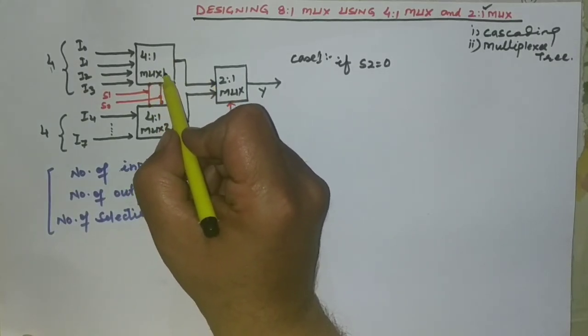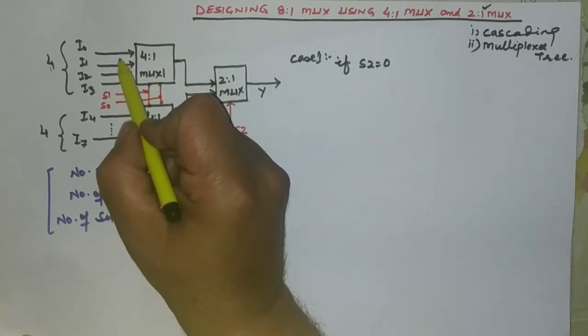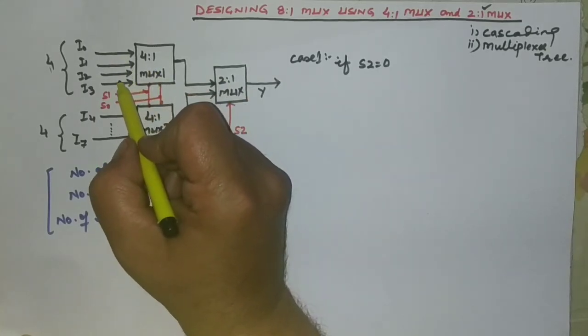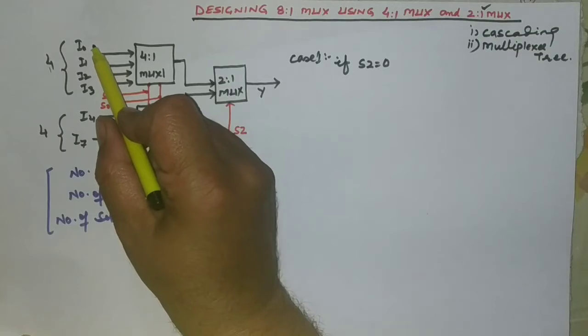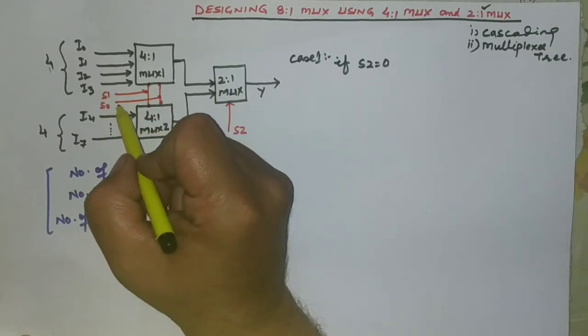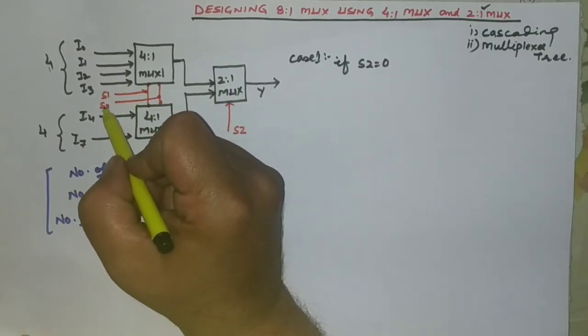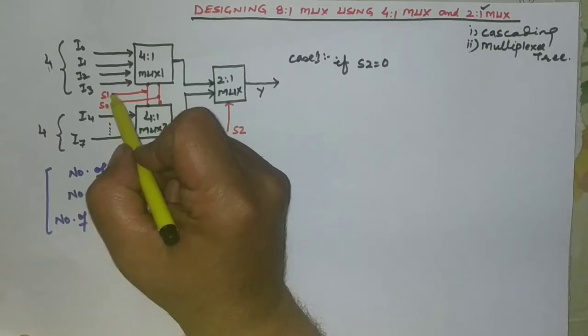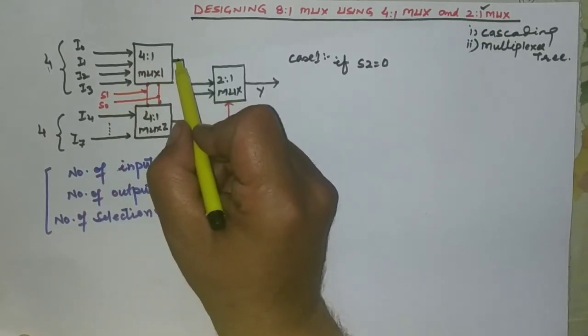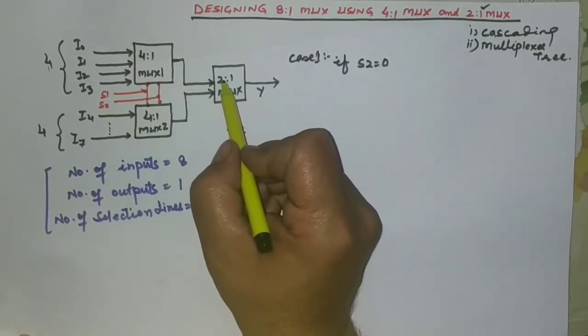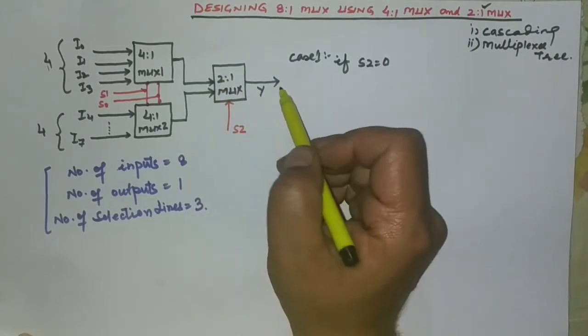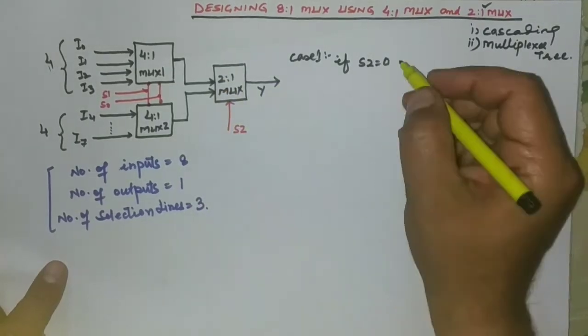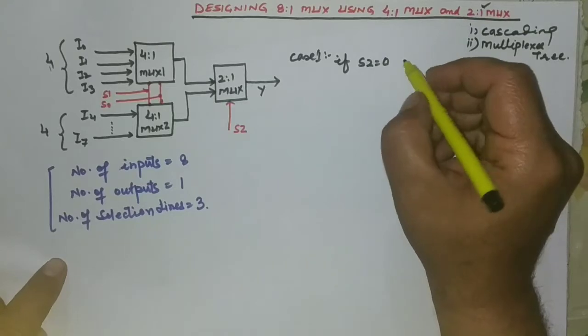And mux 1 selected means one of the inputs from the first multiplexer, means from I0 to I3, based upon the combination of S0 and S1, that input will be directed as output, and from this multiplexer as a final output. So we can say that if S2 is equal to 0,